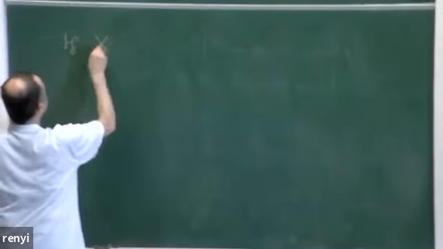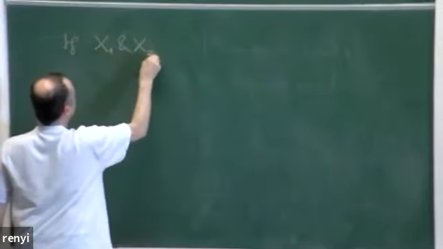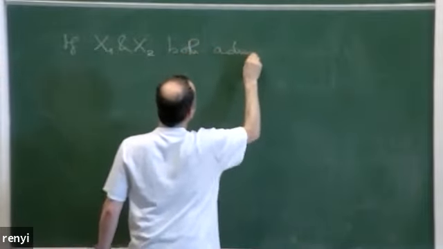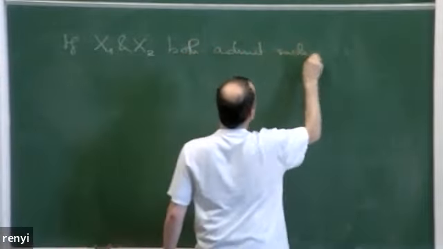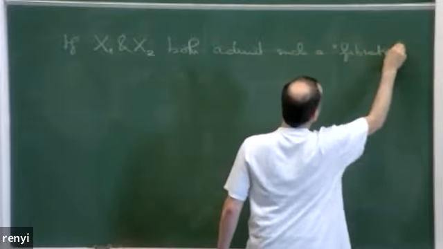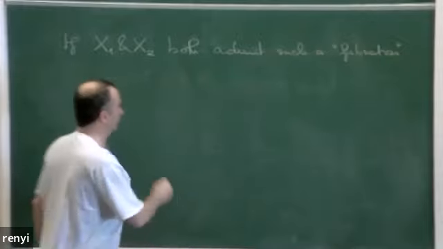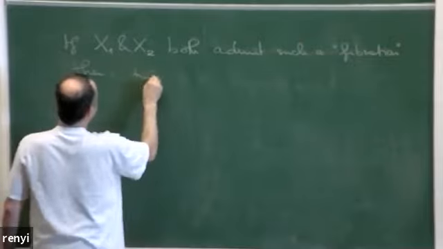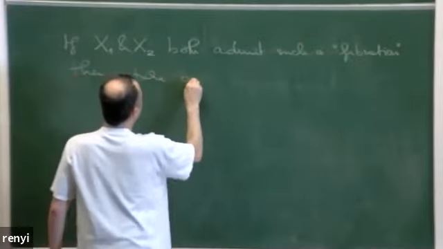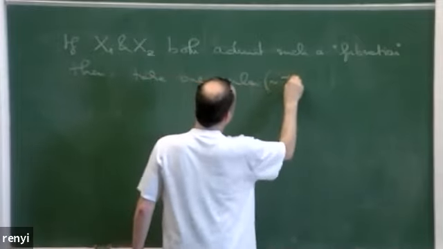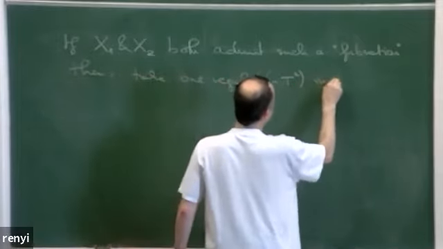If X1 and X2 both admit such a fibration, these are called elliptic fibrations, then we can do the following. Take one regular fiber, which looks like T2 in each,